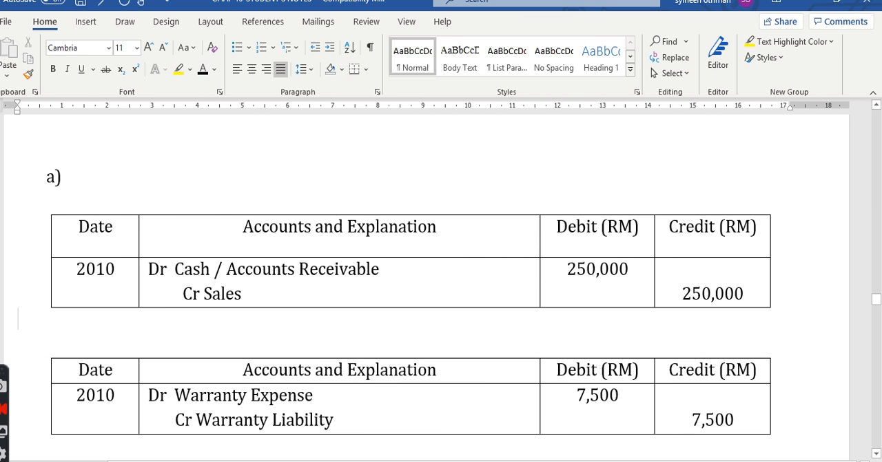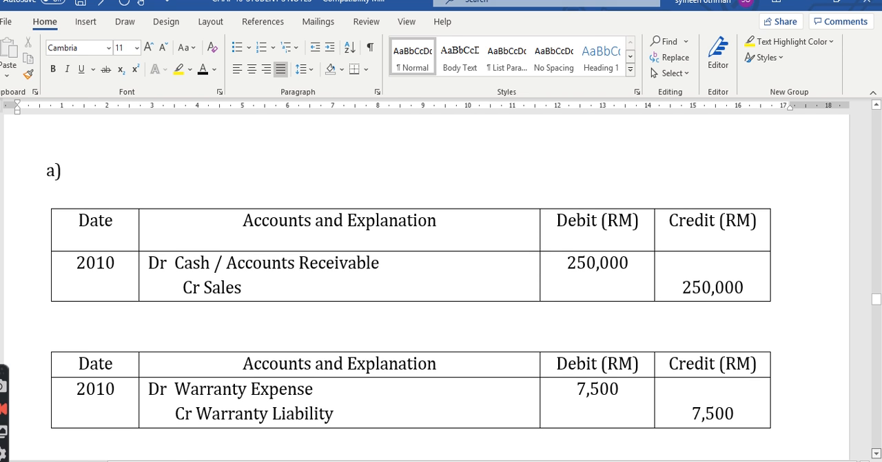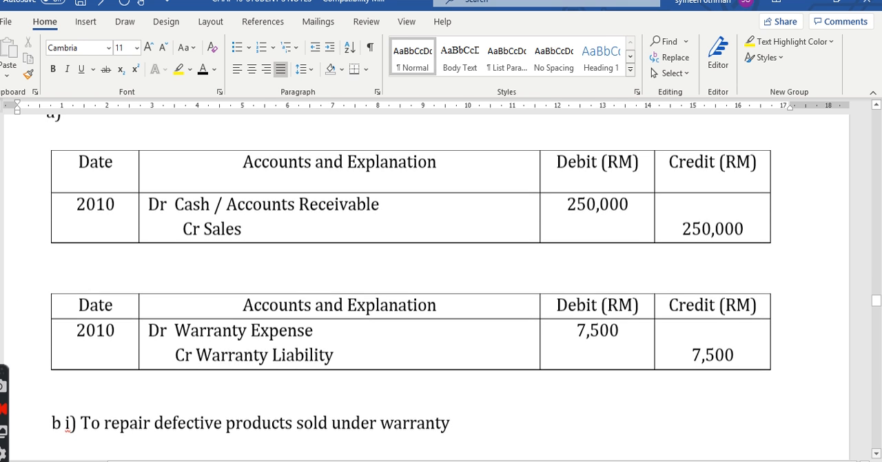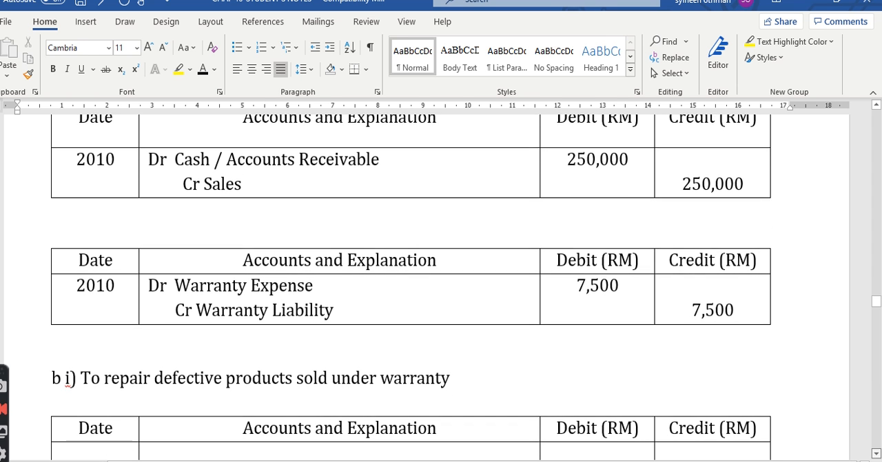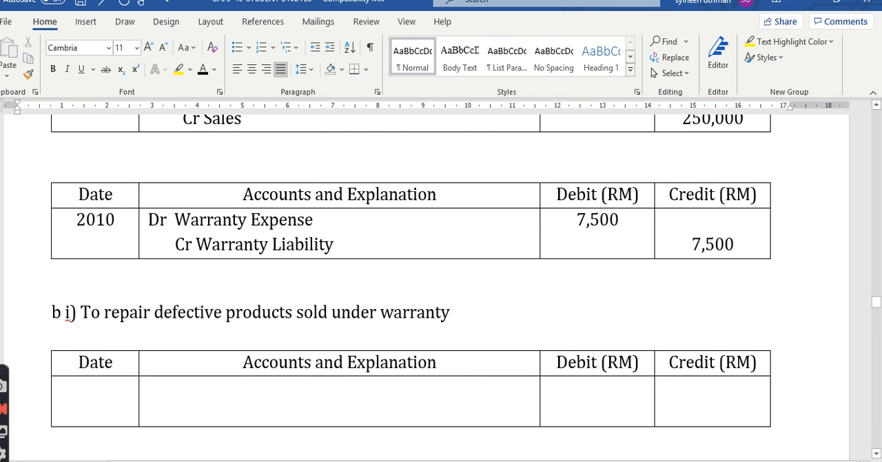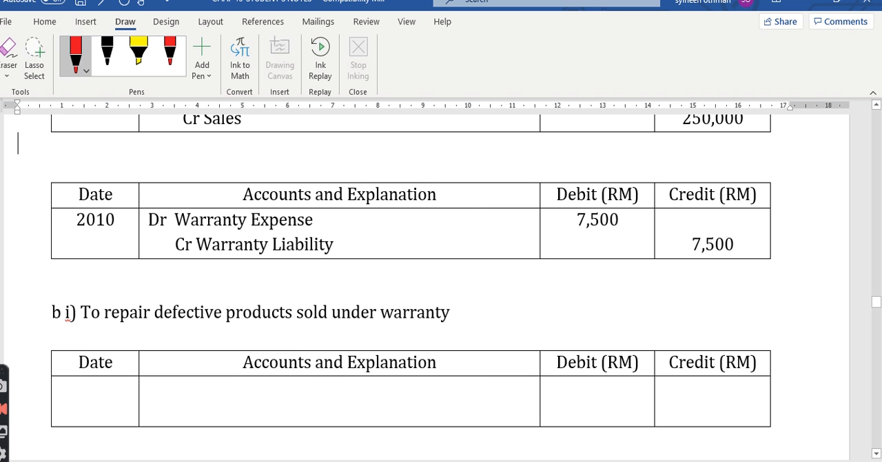But in the question it states the actual warranty is only 7,000. So even though we already recorded 7,500 in the warranty expense, the actual amount that is paid is only 7,000 to replace the defective goods. So we look at the situation. If we were to repair the defective goods, the defective products, so what I do here is